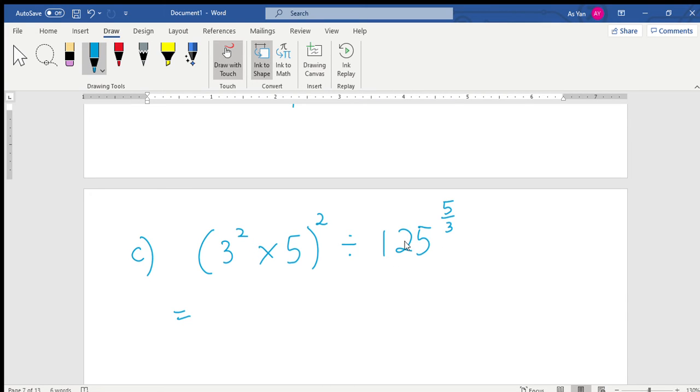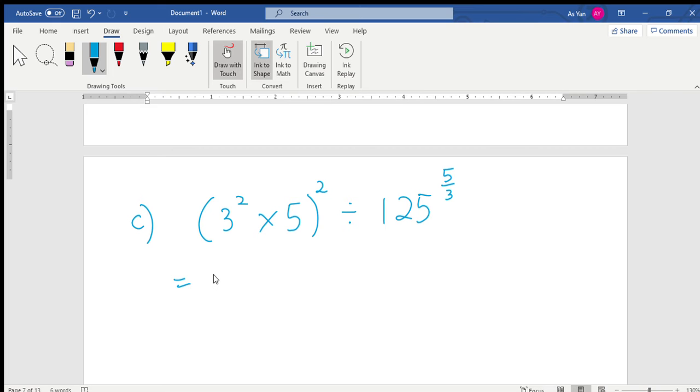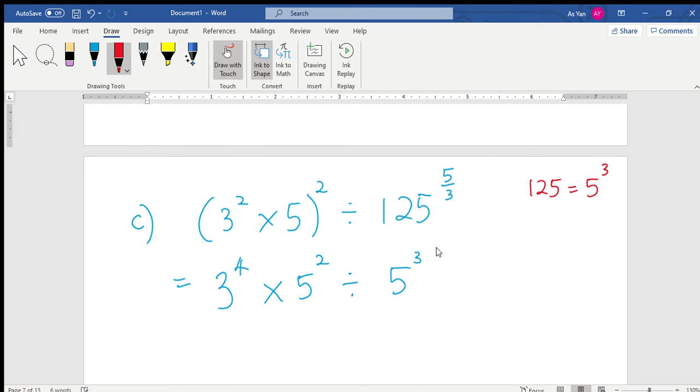This 125 we can change to base 5. So 3 to the power of 4 times 5 squared, divided by 5 to the power of 3. Okay, so 125 equals 5 to the power of 3. So this 5 to the power of 3 is substituted here, raised to the power of 5 over 3. So 3 to the power of 4 times 5 squared divided by 5 to the power of 5